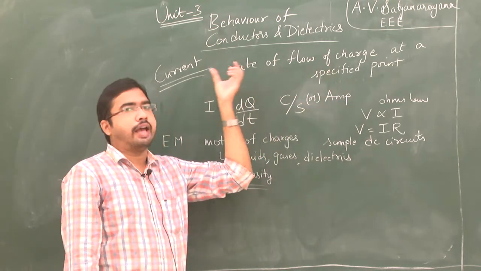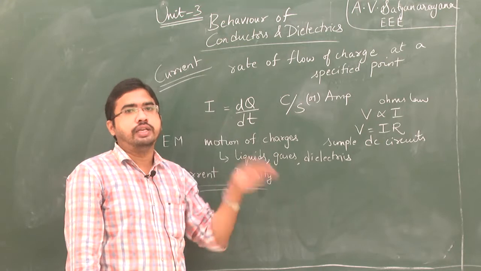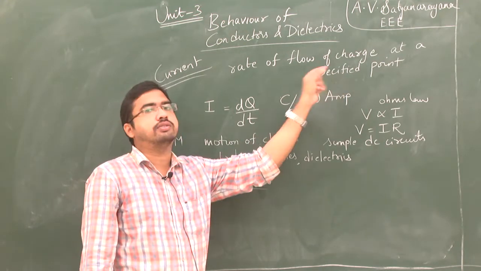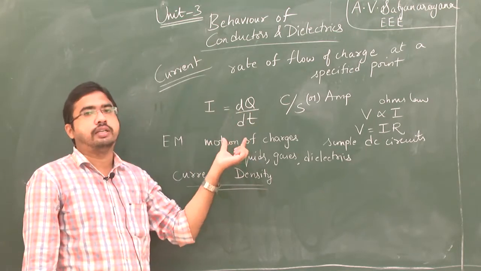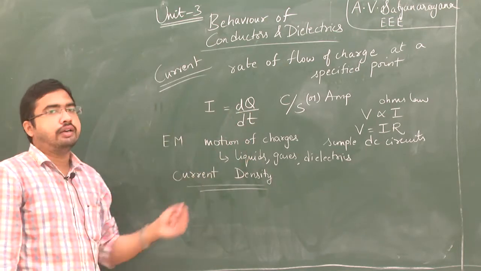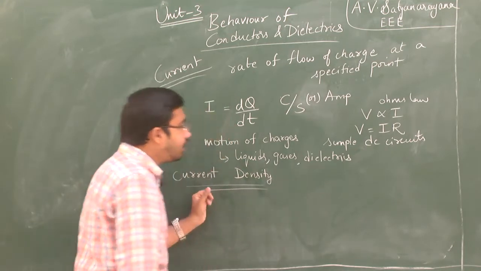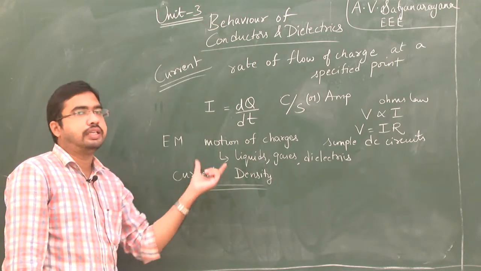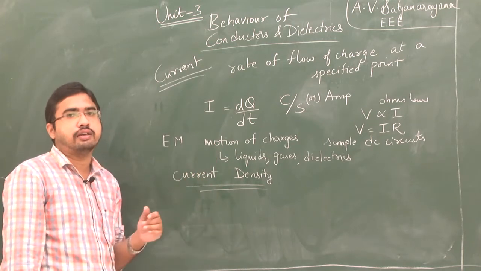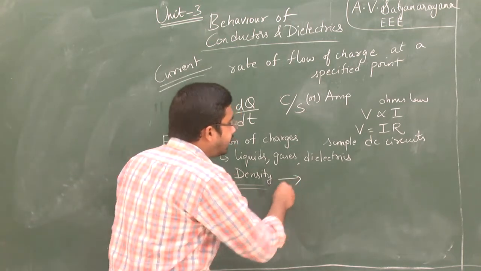That means the amount of charge per unit time at a specified point is called current, I equals q by t or dq by dt. Then what is current density? We already know that if we apply density to any physical quantity, that quantity divided by area is called current density. That means current density is the